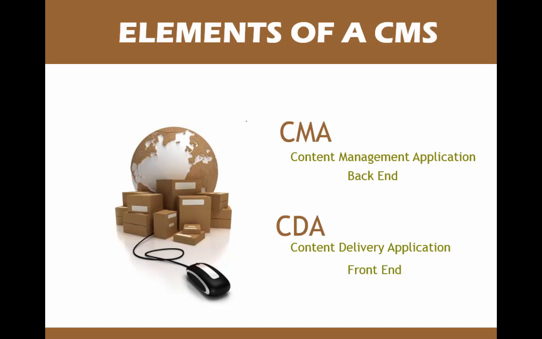So the CMA is also known as the back end, while the CDA is also known as the front end. So leave all these jargons and technical terms I've mentioned. Just know that the CMS has 2 ends: the front end and the back end. And the back end is where only the administrator can access. For you to enter the back end, you require a username and password. That is where you design your site. Then the front end is the site that people can see. So all content management systems have 2 ends, whether it's Joomla, WordPress, or Snappy Sites.